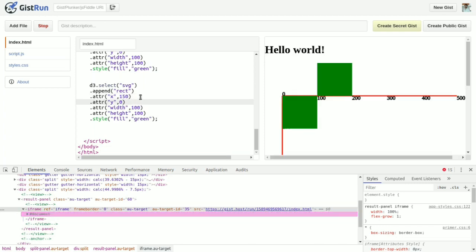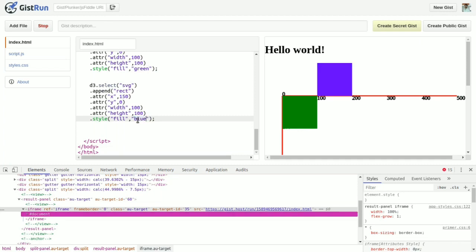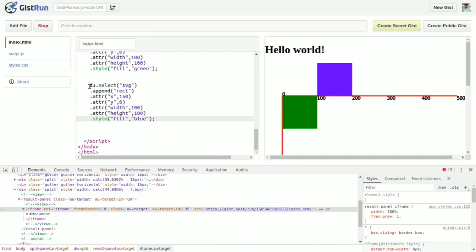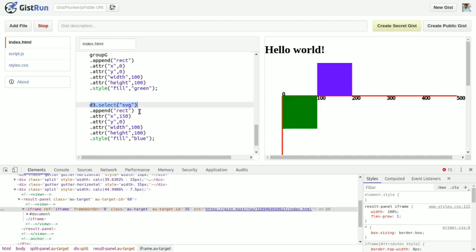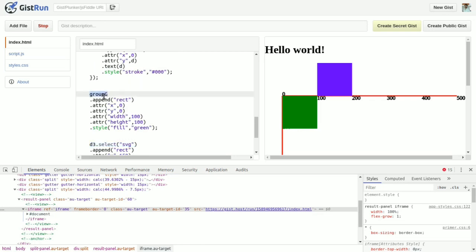I will give Y the same, and here we will make it blue. So you can see the difference now: whenever you append any object in SVG directly, it will start from the coordinates of the SVG itself, and if you append any element inside your group element, its coordinates start relative to this group element.